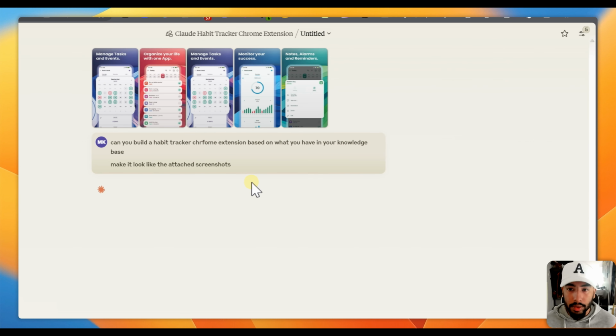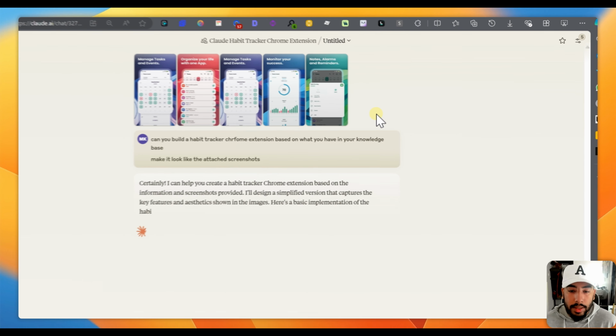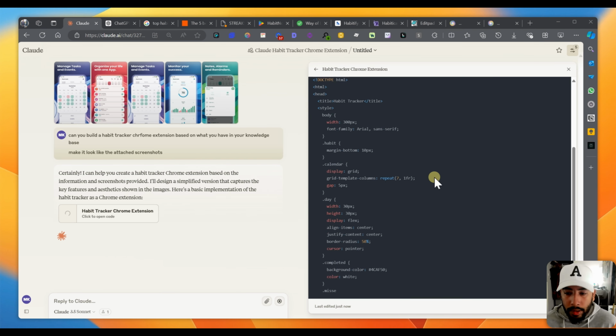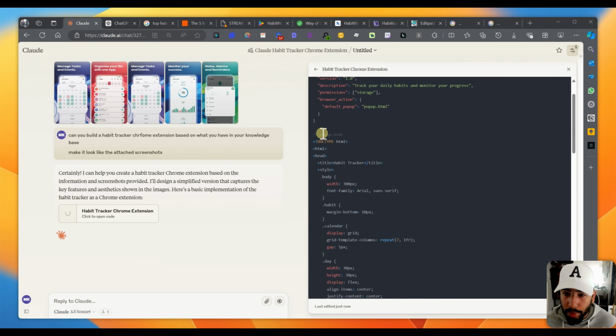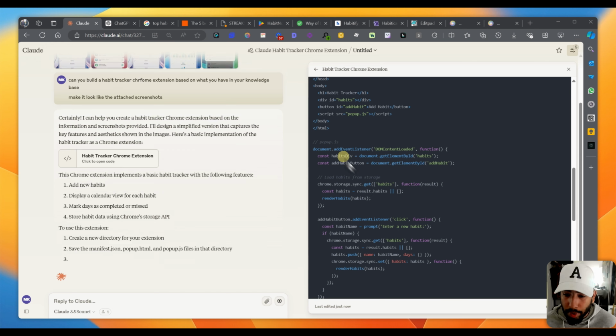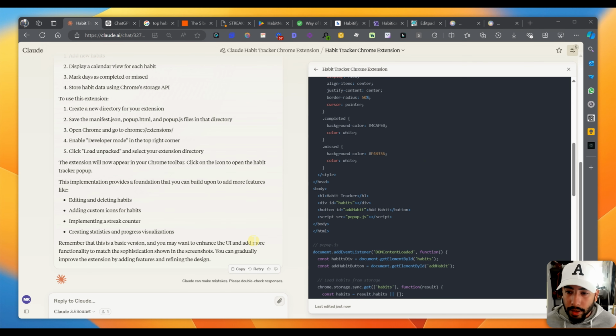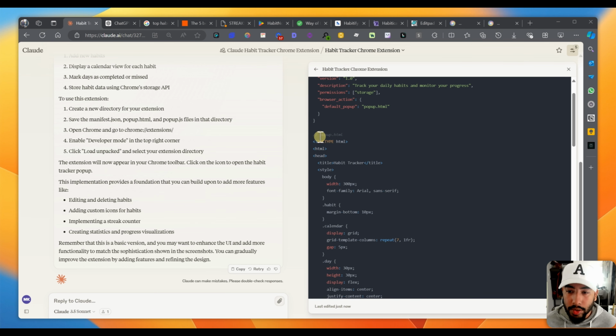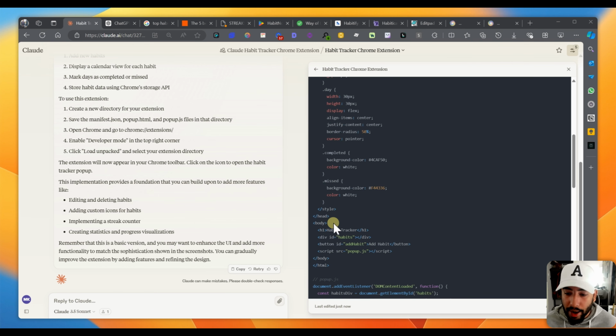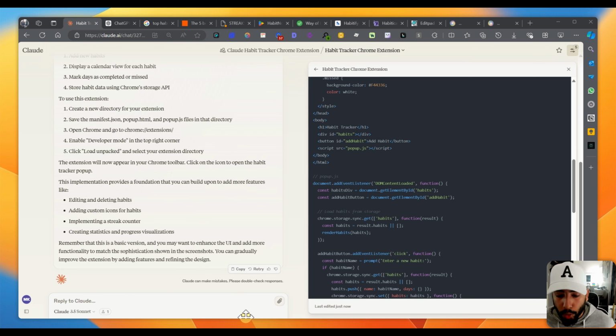So now it's going to start building the Chrome extension, and let's see what it does. It is not going through the whole Chrome extension. It's building the manifest JSON and a bunch of other stuff. So popup.html, you got the popup.js. And again, I'm not a Chrome extension expert, but the last video that I did, it actually created a separate file for each one of these ones. So you have the popup HTML, you have the popup.js,